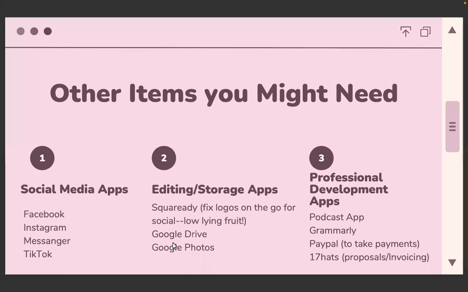You may have to do some different stuff in your phone to make sure things are turned on. TikTok is always a fun one. That's where you can kind of find some trends. So listening is a big part of social media, like we've mentioned before. And TikTok is really cool about finding trends. And so if you're looking for people that, like, oh, I want to start doing TikTok videos, you're going to